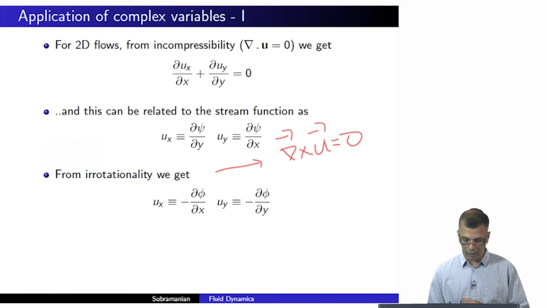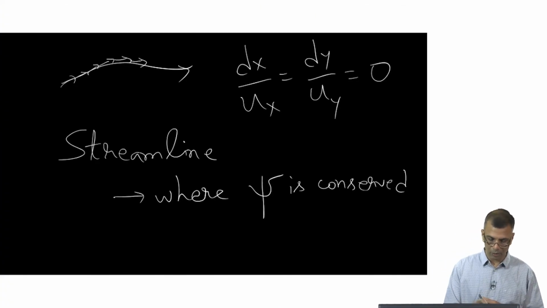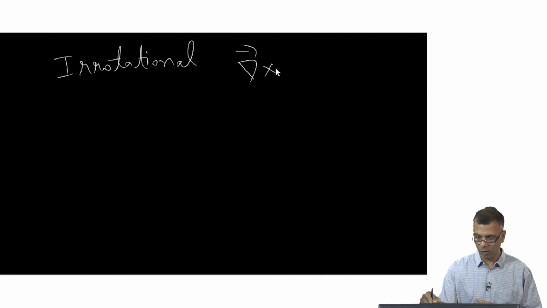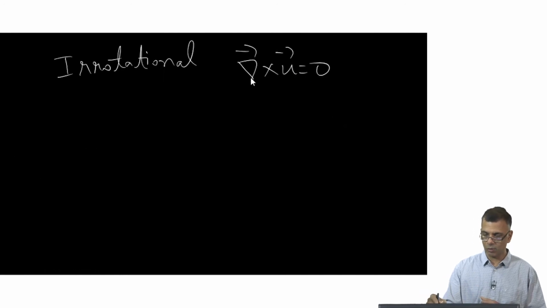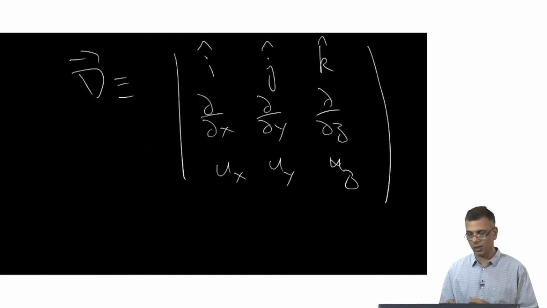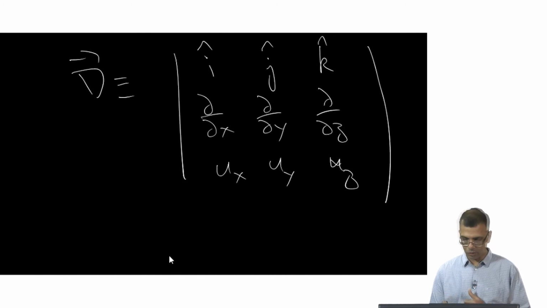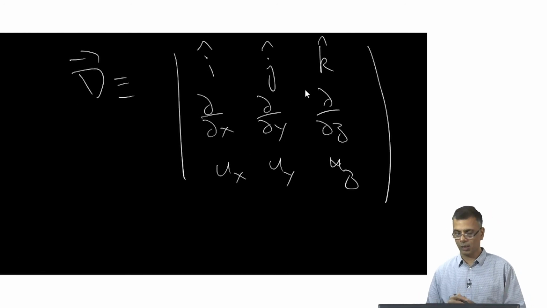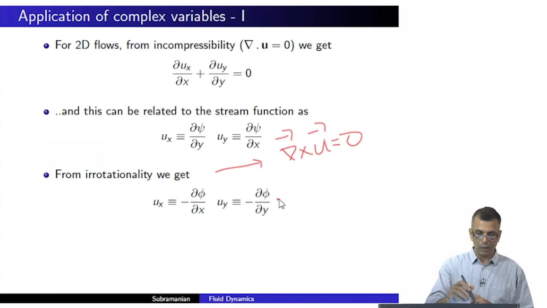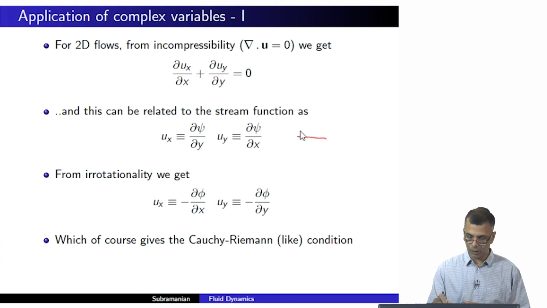Right? You merely write down irrotationality. It is simply saying that curl of u is equal to 0, and you remember the curl. We had written this down already. So you don't have to take this last column because you're only talking about two-dimensional flows. So if you just consider this much, this follows, right? So therefore you look at this and this